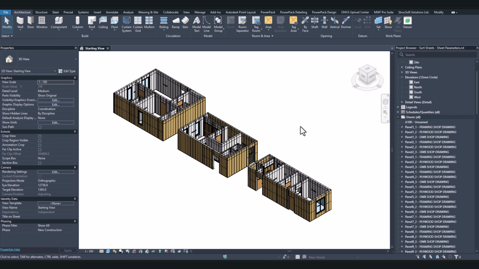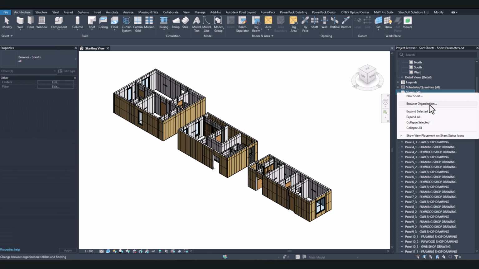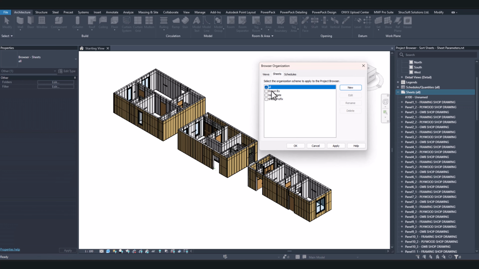Usually, when generating sheets, they're grouped within a section of the project browser under the Sheets heading. Here you'll see we have a number of sheets already created, and if I want to arrange these, the usual method would be to go to our browser organization under the Sheets heading, where we can either use one of the existing browser organization criteria, or we can create a new one. So for now, I'm going to create one called sheet parameters